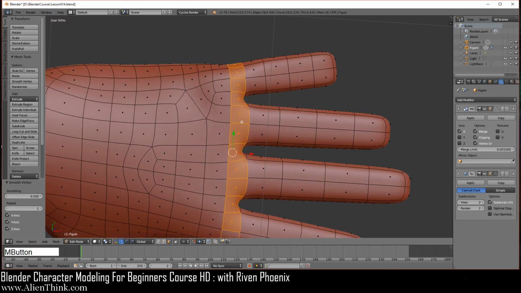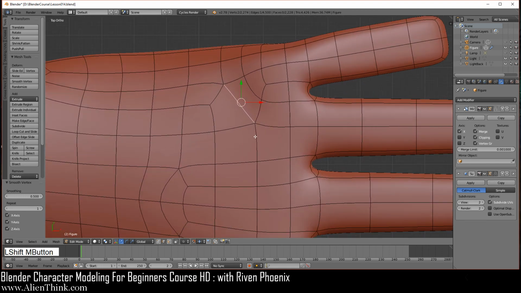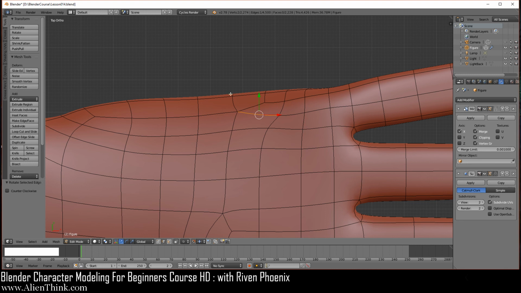Now go to your top view over here, click on this, do Control A, actually let me press the 7 key to go to a top view. Do Control A, 1 and then 2. Now I'm going to click on this one, Control A, 1 and then 2. Now notice how this is moving. Now if I click on this one, Control A, 1, 2, we're basically taking it diagonally. I've shown this to you before where we can move it any way that we want. We're going to click on this one, Control A, 1 and then 2. Okay, we're going to move it there.